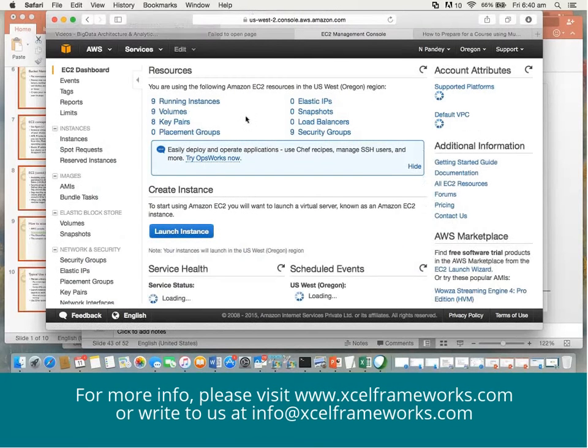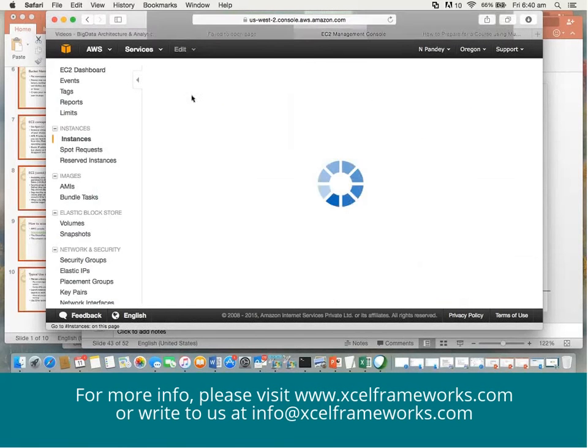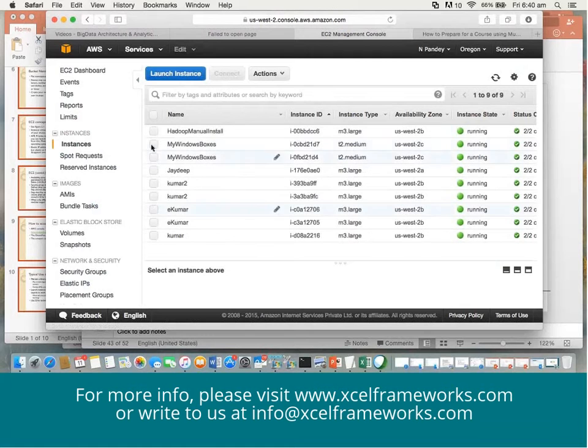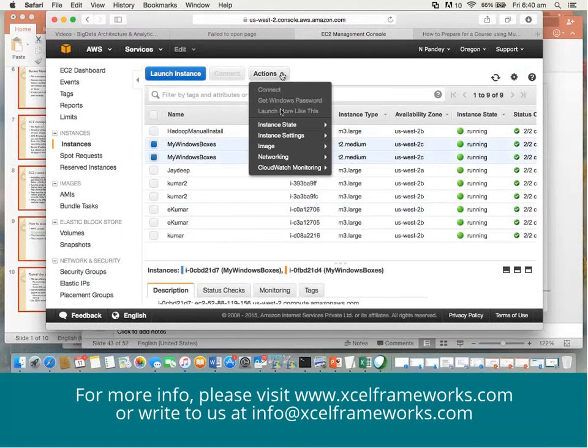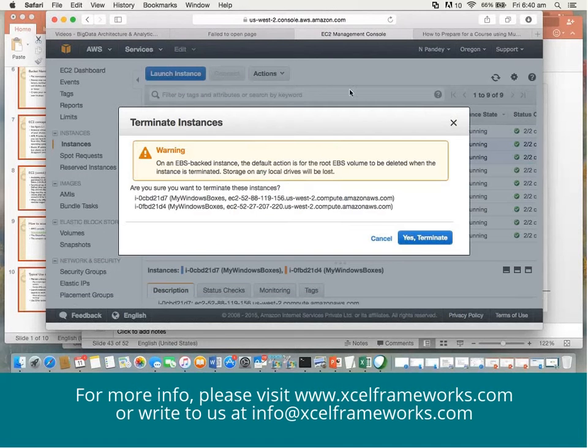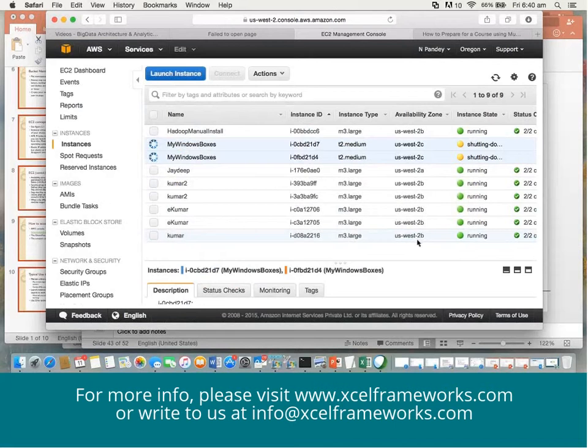And let me go and terminate the instances. Why terminate? Otherwise, I'll be charged. Right? I'll just go and select these 2 Windows instances. I'll go, and the action is terminate. If I stop, I will still be charged, right, for the license, for usage of that particular box. So I terminate it. The minute you terminate, it means you don't need that instance anymore. Okay?